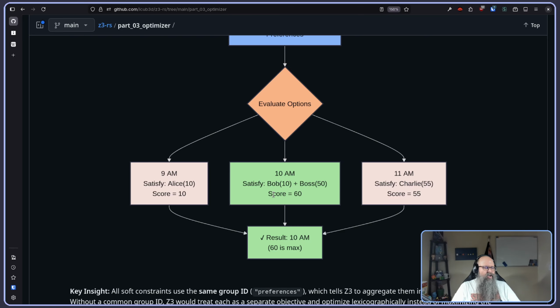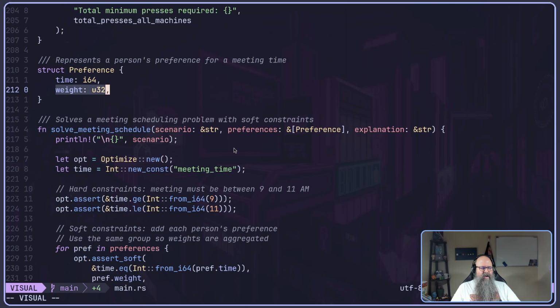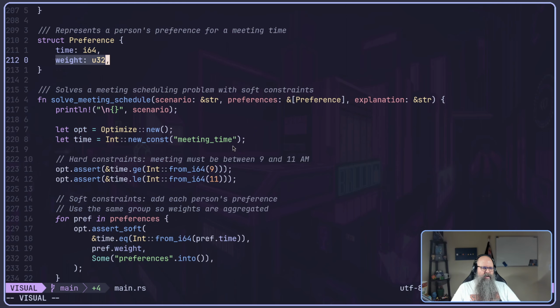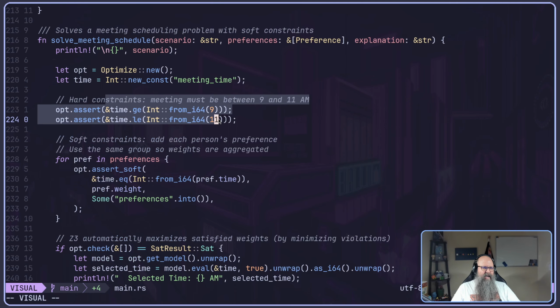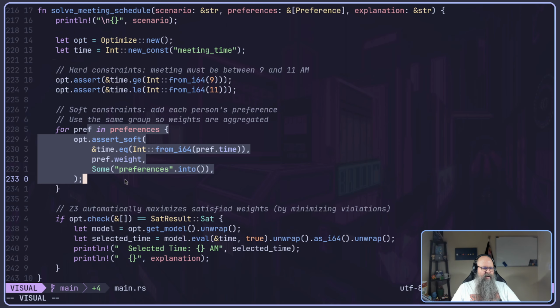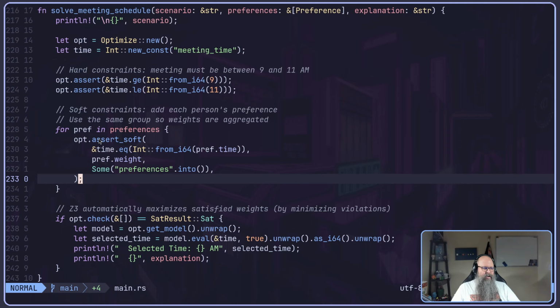And that's essentially all there is to this. So how do we do that in code? Well, we create an optimizer. We make any of our hard constraints. In this case, we say the meeting has to be between 9 and 11. And then we just add our preferences. And notice, instead of asserting, we assert soft. So for each of our preferences, we assert soft, and we assert the preferred time and the preferred weight